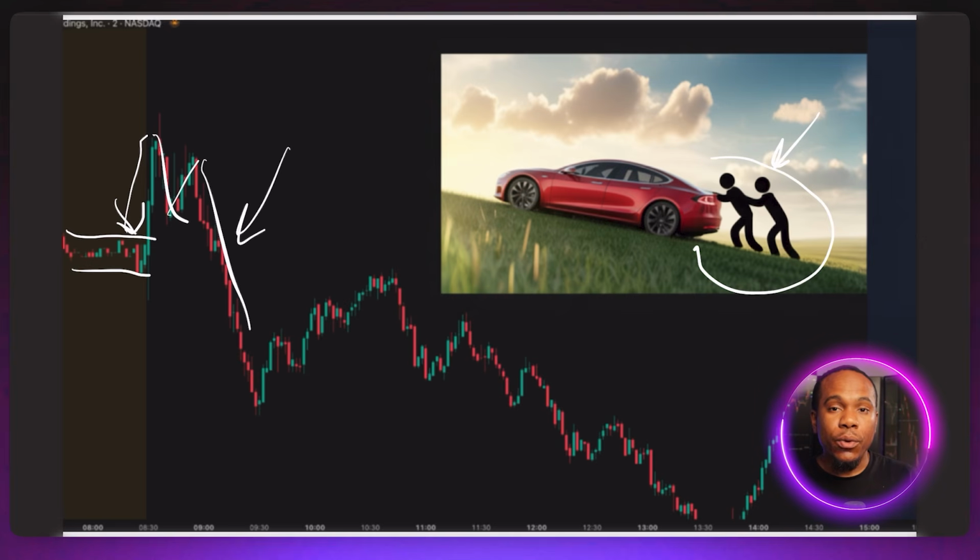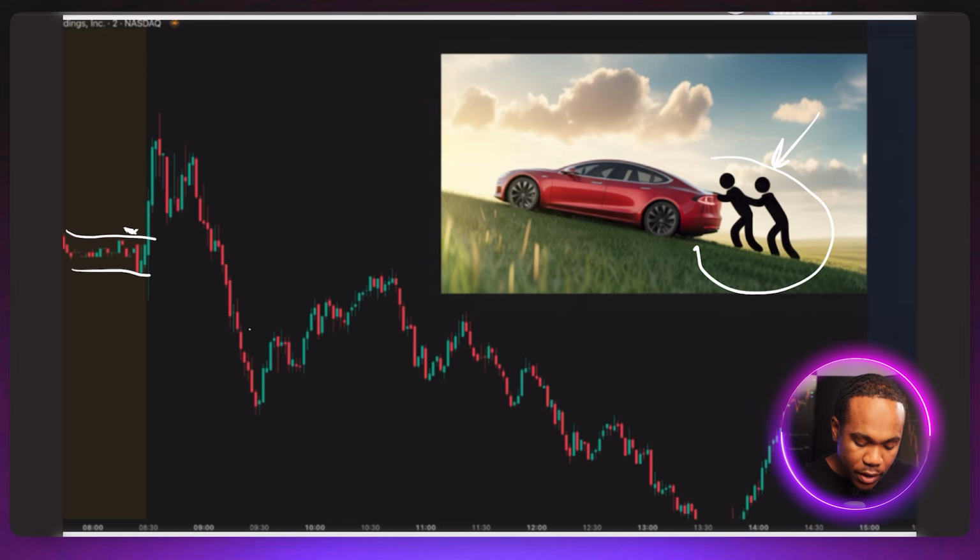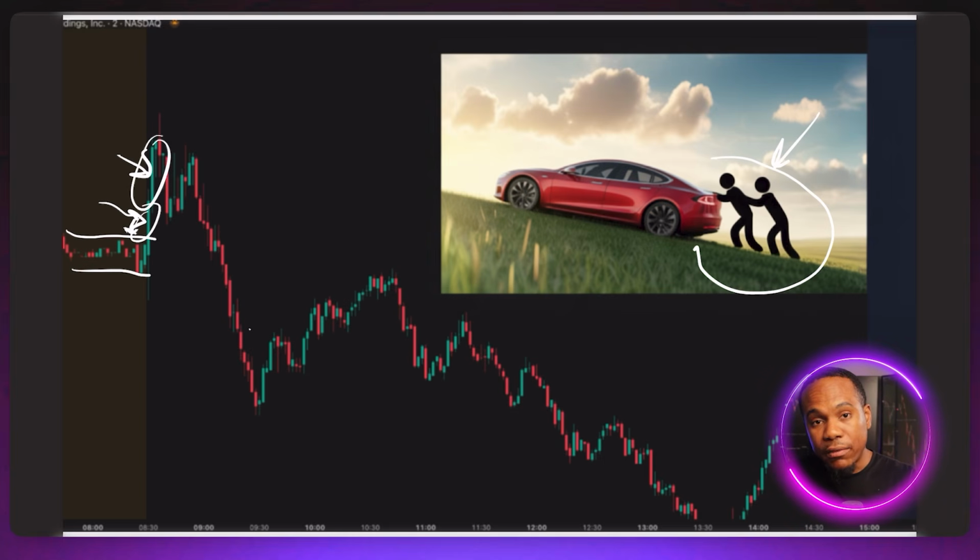And depending on the strength of those people, how many people are behind the move, you may see the car moving up the hill, but it doesn't mean that it has strength and a lot of people behind the move. So what you see here, as price moves up and you see these big green candles being created, if you had the ability to see whether or not there were a lot of traders behind it, big or small traders, what types of traders are behind that move, then it will give you conviction or help you avoid holding until price hits your stop loss.